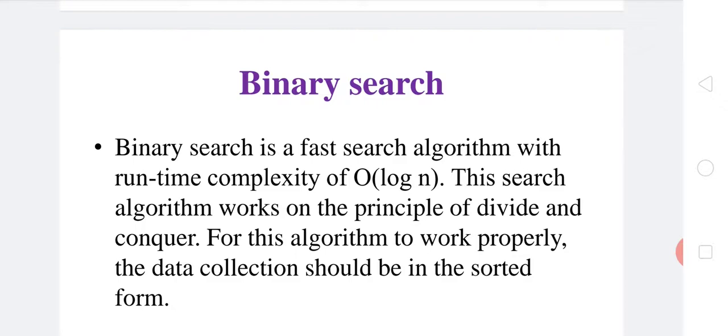Binary search compares the target value to the middle element of the array. If they are not equal, the half in which the target cannot lie is eliminated and the search continues on the remaining half. Again taking the middle element to compare to the target value and repeating this until the target value is found. If the search ends with the remaining half being empty, the target is not in the array.